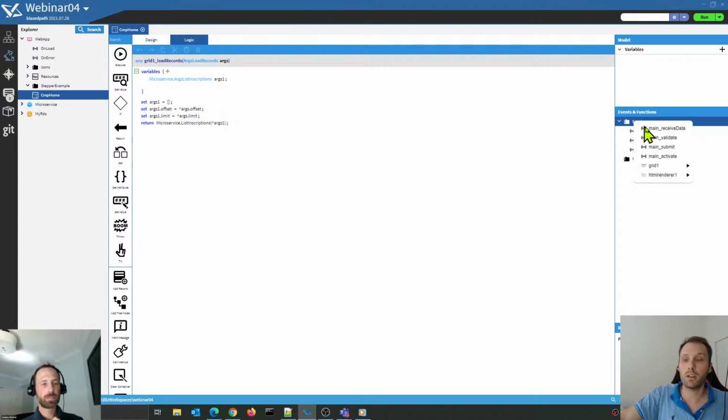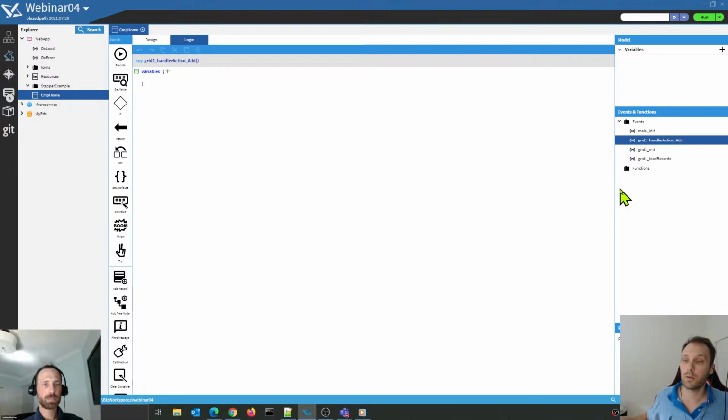So just right click on events, go to grid, and on the handler action we can see the keyword that we typed on the button. Just on the design tab. So if you click on there, it's going to create the action, and you can start customizing the behavior in here to actually retrieve the information from the window and create the entry on the database. We are going to do that at the end though, because we want to start creating the stepper right now. So I'm just going to leave this function alone, and we are going to resume the customization of this function